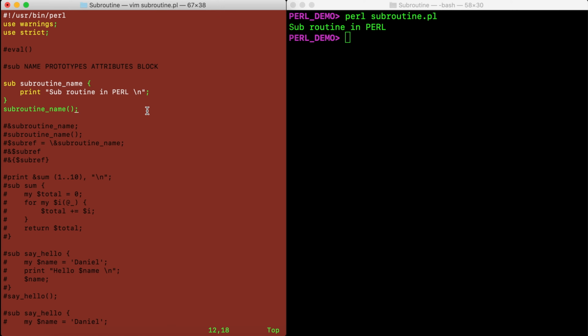Okay, so you can call a subroutine in 2 ways. One of them is as shown here, using the subroutine name followed by empty parentheses. And you can also call this subroutine by using the ampersand as a prefix before the subroutine name. Both are the same, so both work fine. But do note that in some cases, the ampersand is a must. So for example,